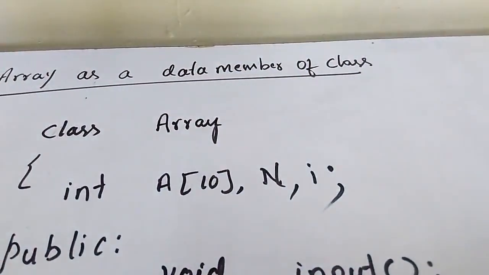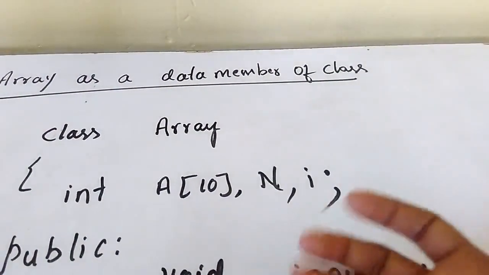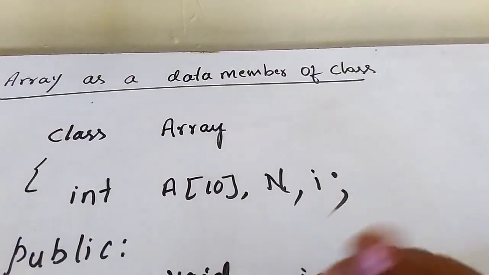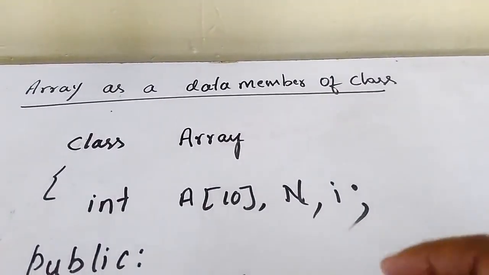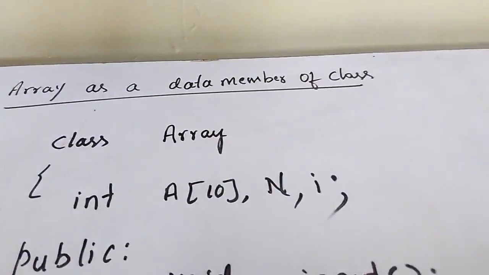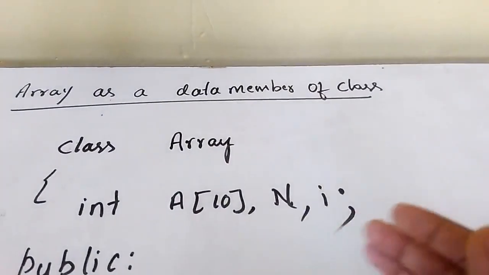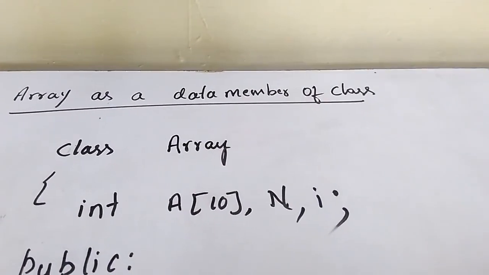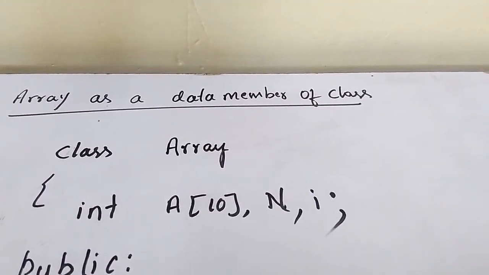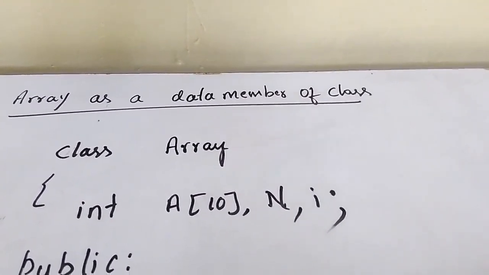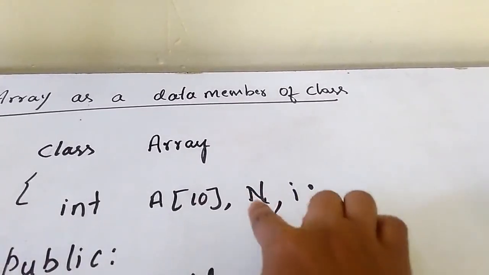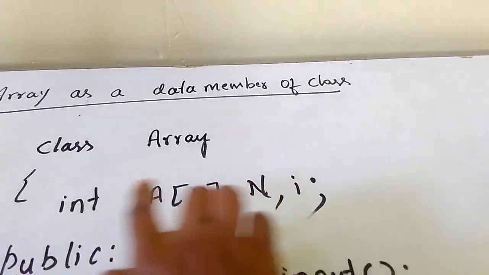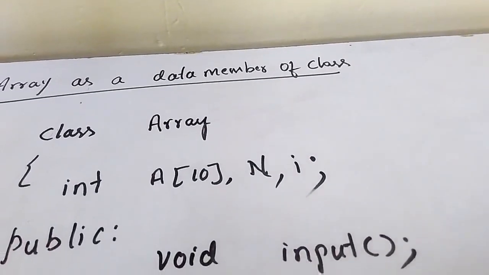There are 10 memory locations. Let us again give the user a chance to enter dynamically how many elements you want to input. That number has to be stored in n. Because, for example, when the program asks you to enter the number of elements you want to input, I'll give 5. I want to input 5 elements. 5 is a whole number. It has to be stored in n. That's why I have taken n as an integer variable.